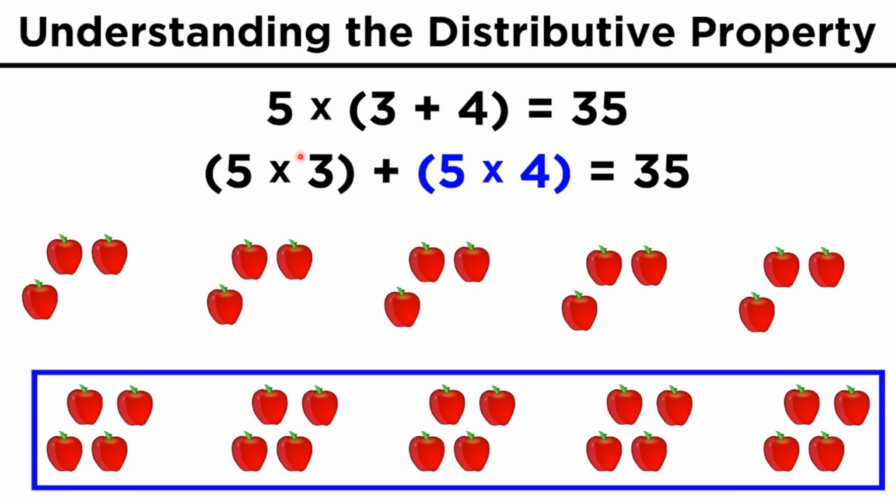Now again you can understand this distributive property using this fruit, the apples, over here. First, 5 into 3 plus 4. 3 plus 4 is 7, that is 5 into 7 is 35. So in total I have 35 apples. Earlier you had 7 apples in 5 rows. Now I am going to split it as 5 into 3 and 5 into 4. Distribute it as 5 into 3 and 5 into 4.